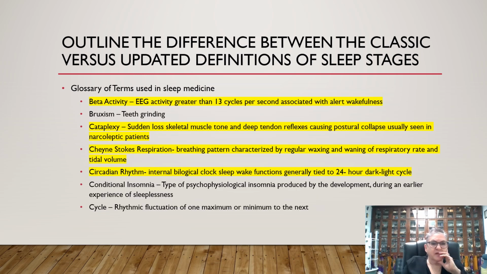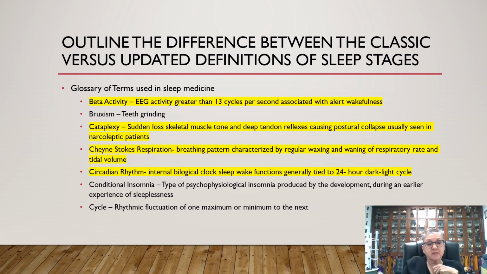More terms that we need to be familiar with. Beta activity is the EEG activity greater than 13 cycles per second associated with wakefulness. Cataplexy is a sudden loss of skeletal muscle tone and deep tendon reflexes causing collapse, usually seen in narcoleptic patients. Cheyne-Stokes respiration is a breathing pattern characterized by regular waxing and waning of the respiratory rate and tidal volume, and